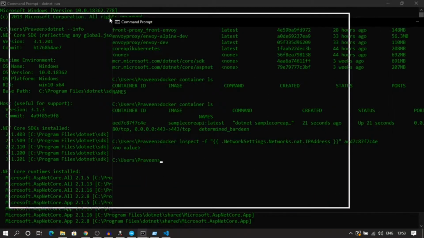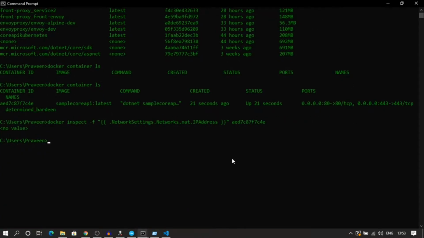So we need the docker-machine IP. Where our Docker is running on the virtual machine, that IP is required because this container is running inside the virtual box. So we need that IP address and then we need the port.